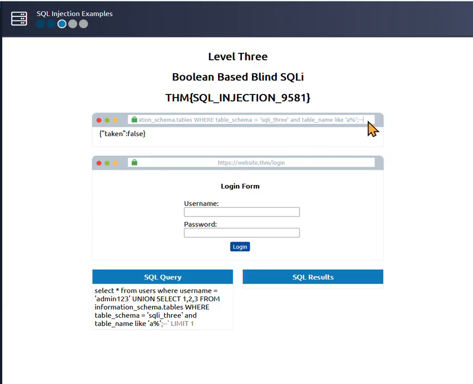How about we say, in particular, let's change it to table name equals users. So after the table name equals users,